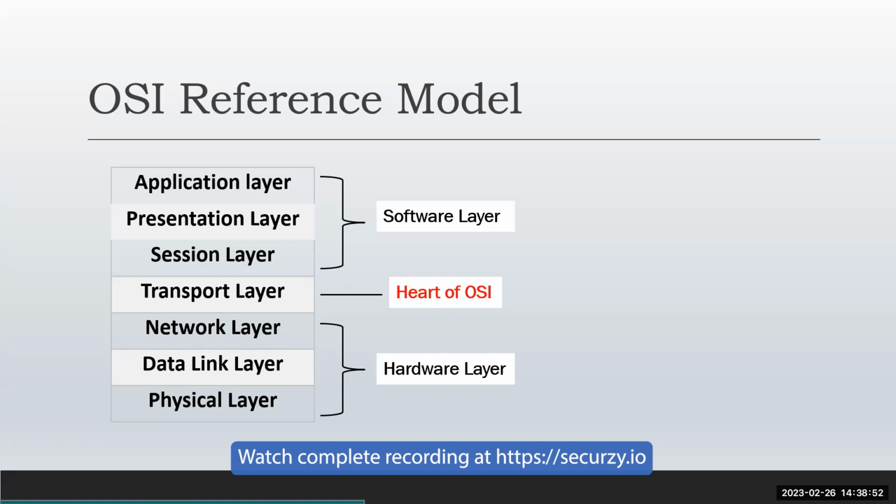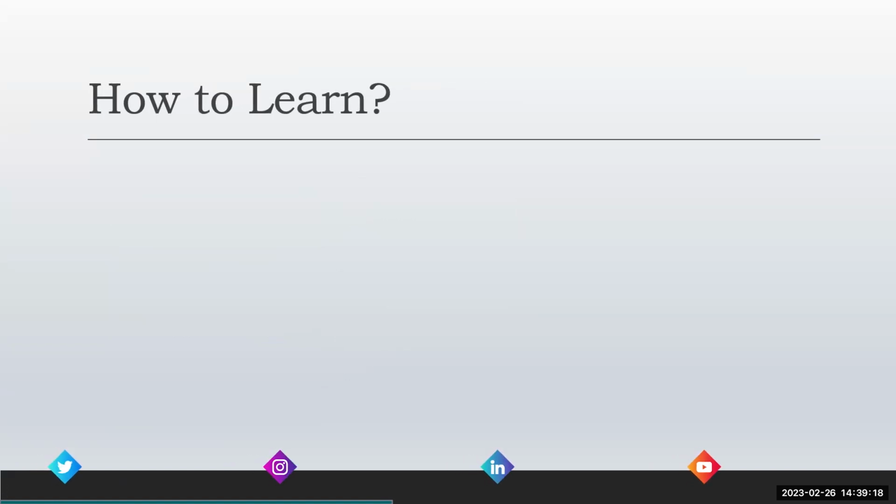There are two addresses. The first one is the IP address, which we also call the logical address, right? And the second is the physical address, which we also call the MAC address. So the logical address works on the network layer, and the physical address works on the data link layer, right? And on the physical layer, there are the wires, the bits, and such things. So now the solution to that problem: how to learn these layers in the correct order, right?